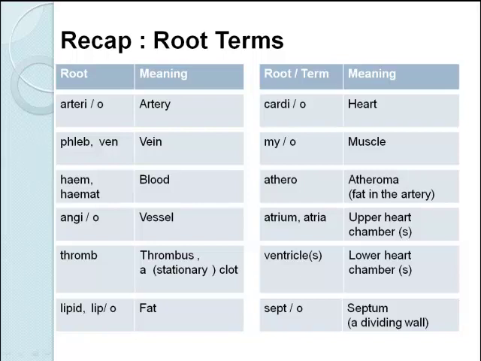Cardio is heart. My is muscle. So I could have cardiomyopathy, disease of the heart muscle. Athero related to atheroma, which was the porridge or fat in the arteries. So I could have atherosclerosis, hardening of fat in the arteries. The atrium or atria are the upper heart chambers, and people suffer with atrial fibrillation, quivering of the atria. Ventricles are the lower heart chambers, and you may have left ventricular hypertrophy, which would be increased size of the